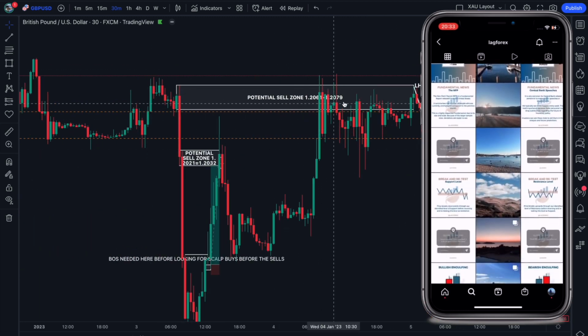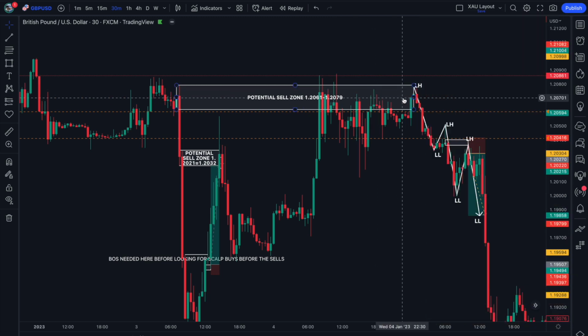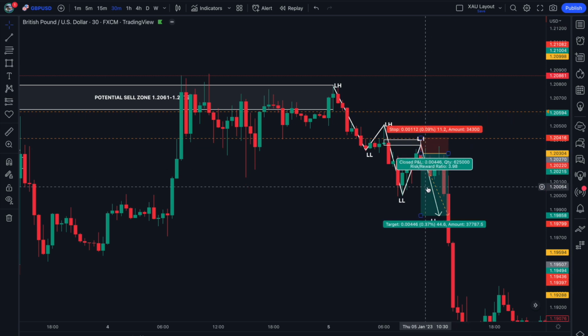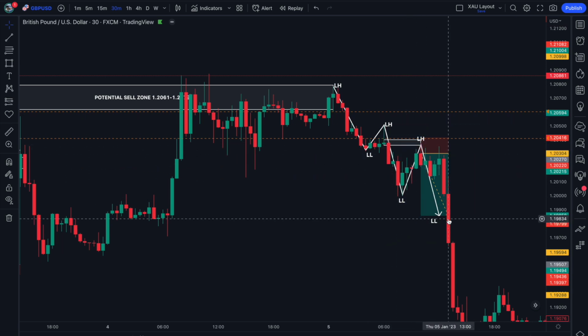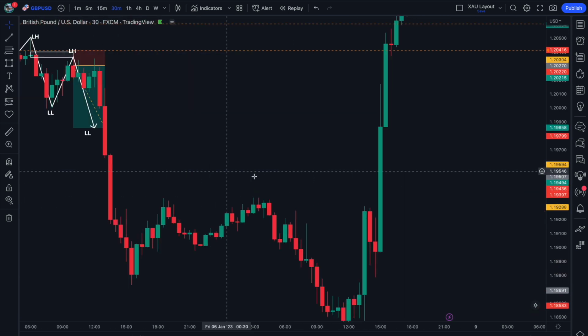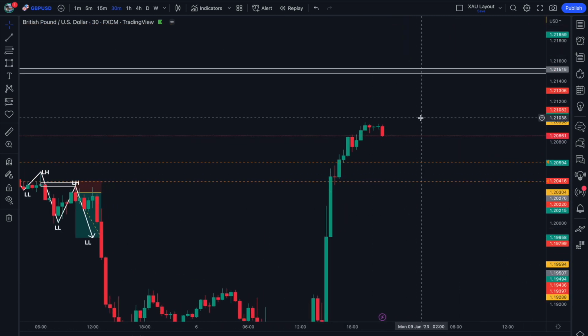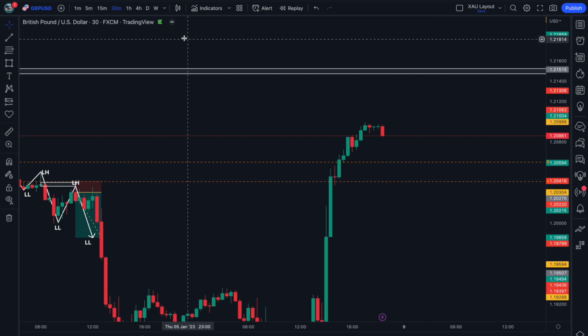That was on the basis that price tapped into this potential sell zone, started delivering us with bearishness, as I always recommend, and then we just got involved in a bearish leg, the impulse taking us lower. But looking for sell positions in this market, we just need to wait for price to tap into a valid supply zone, and then we can look to get introduced into this market.